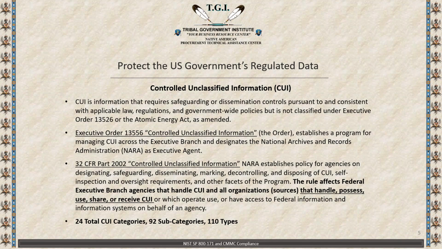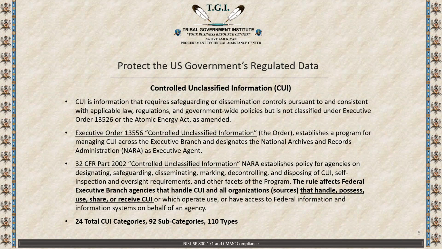When we handle it, possess it, use it, share it, receive it, or even create it, we must protect it. We create CUI when we create a subcomponent of a weapon system used on the F-35. That assembly may be ITAR controlled. It might be CUI, but that technical data needs to be distribution protected because it is not publicly available and requires protection, even though it's considered unclassified.